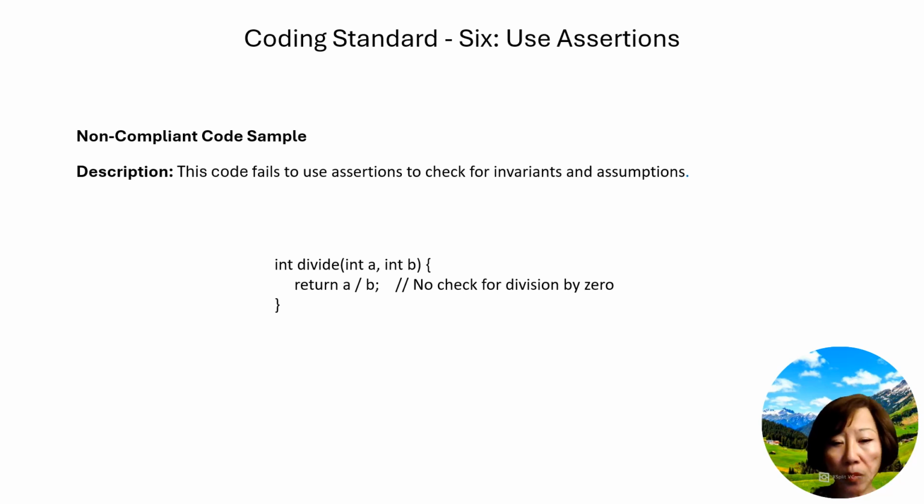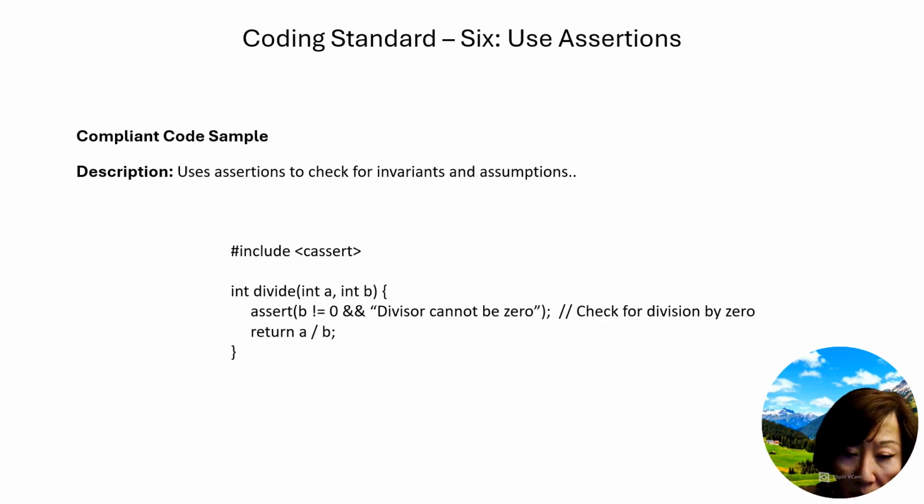You are assuming B is not 0. So what if B is 0? Well, if B is 0, then the program aborts. Is that what you want? If not, the better way to do it is to assert. Put an assert statement there. Here it says assert B, which is the divisor, is not 0. And if it is